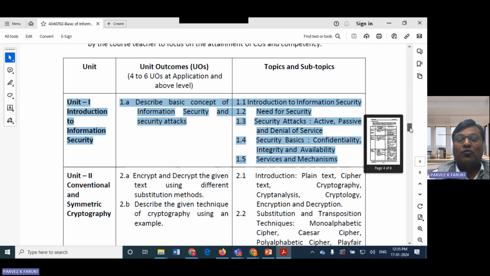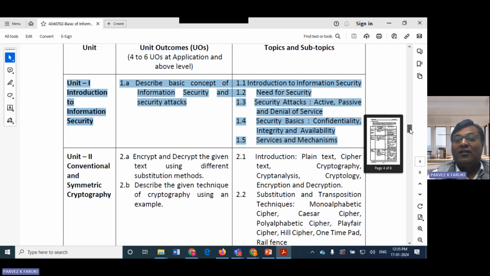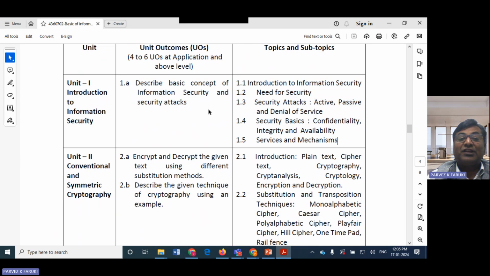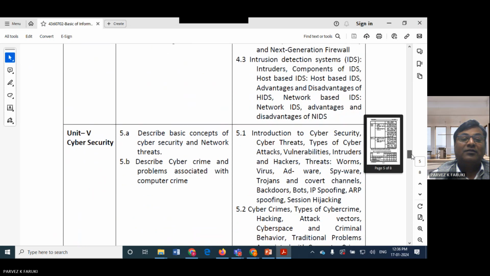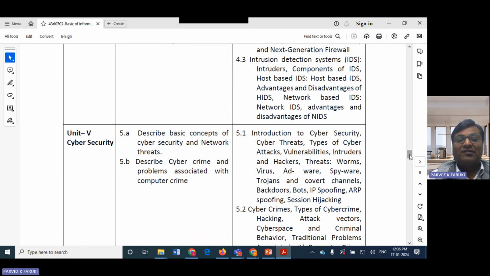So as a developer, this course is a pillar that will help you to introduce security in the development of whatever development stack that you take up. This course consists of 5 different units, wherein you have introduction to information security, and conventional and symmetric cryptography. There is another version of cryptography which is called public key cryptography. So you have that. And then in the last, a buzzword called cybersecurity,